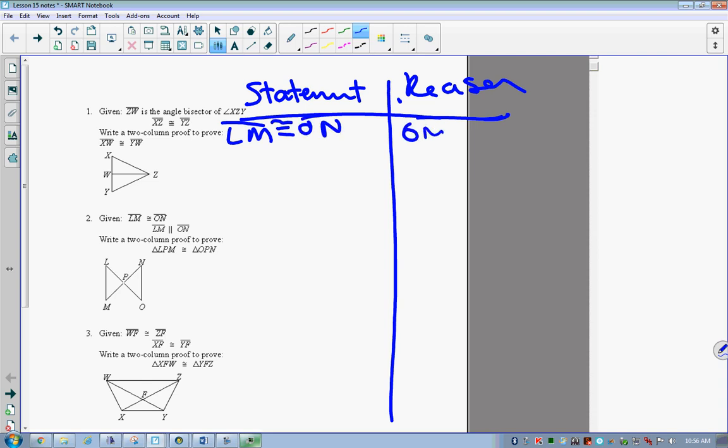That's my given. We know that LM is parallel to ON. That's a given. Anytime that they talk about parallel lines, I need to start thinking about two parallel